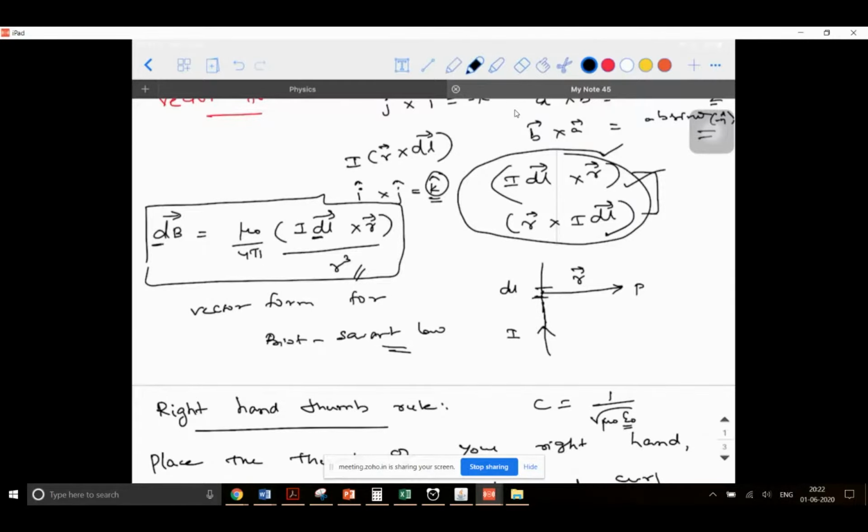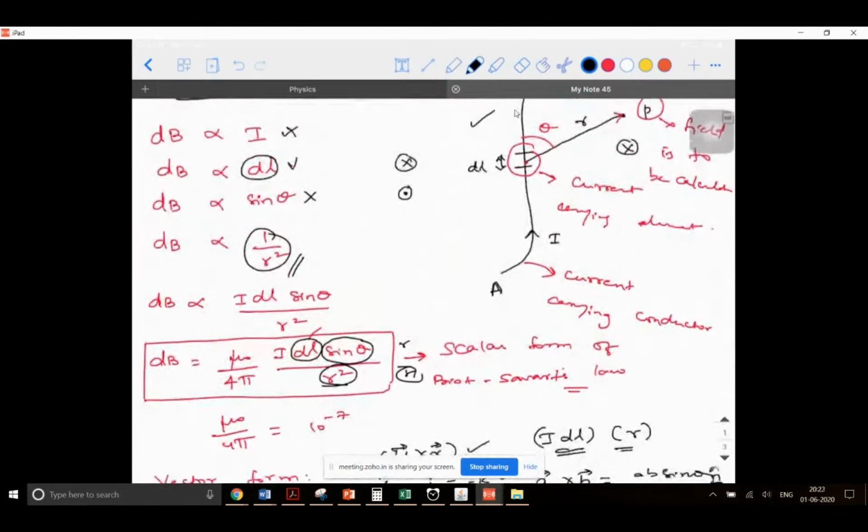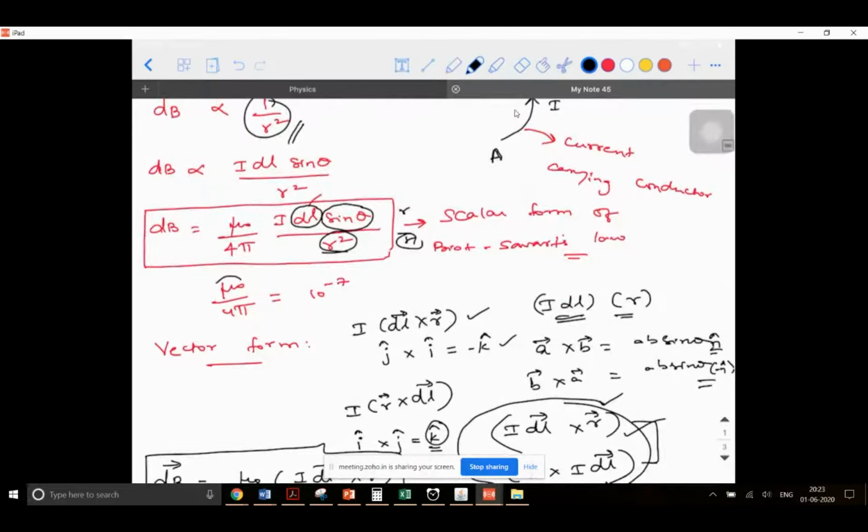I forgot to tell this. Thanks for bringing the question. So mu naught by 4 pi is there, right? This mu naught is called the permeability of free space, meaning how much permission the space is giving for the magnetic field to be created at that point. So mu naught divided by 4 pi. And remember, I didn't give you the units. The SI unit for magnetic field is Tesla. Other units you know.